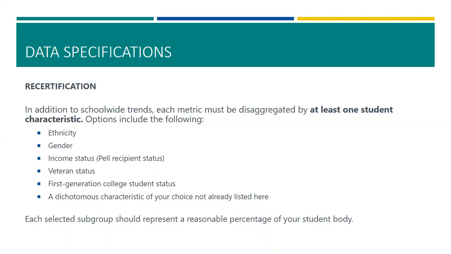I will note each selected subgroup should be a reasonable proportion of your student body. Ethnicity doesn't necessarily have to represent your 3 largest race ethnicity groups, but let's say you have a student population of 5,000 and you are looking at a race ethnicity group that has 20 students. That's not the most representative of your whole population. Not saying those 20 students aren't very important, but we're looking for overall growth in a substantially large group. So it's the one ask that we have.